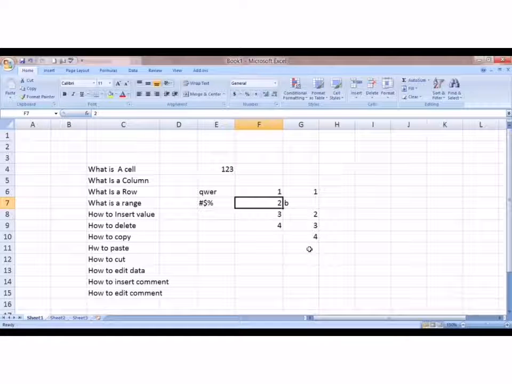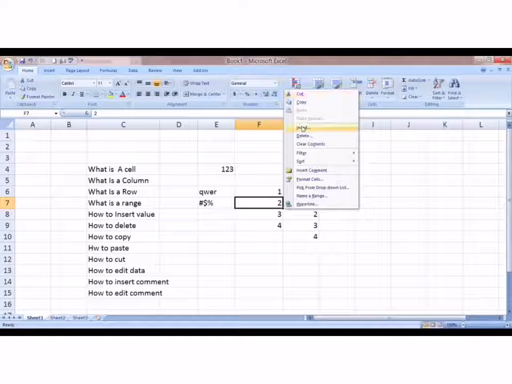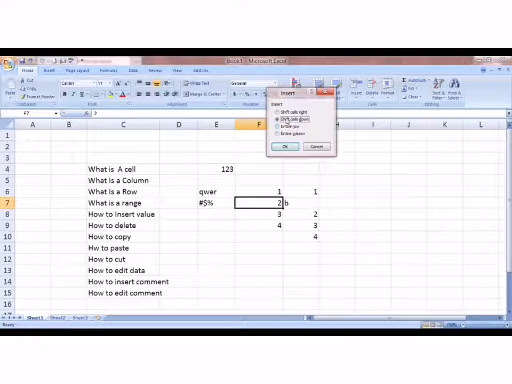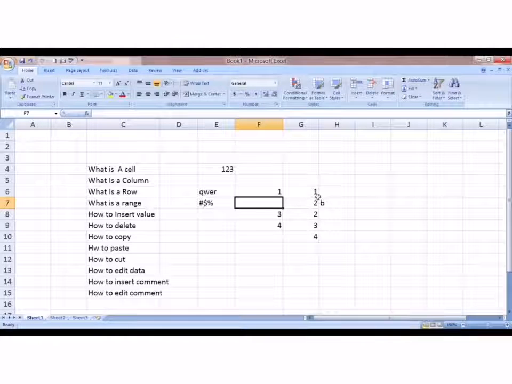And there is another option to this. I right click it, click on insert, and shift cells right. So this 2 will come here, this B will come here. See, this becomes empty. See,